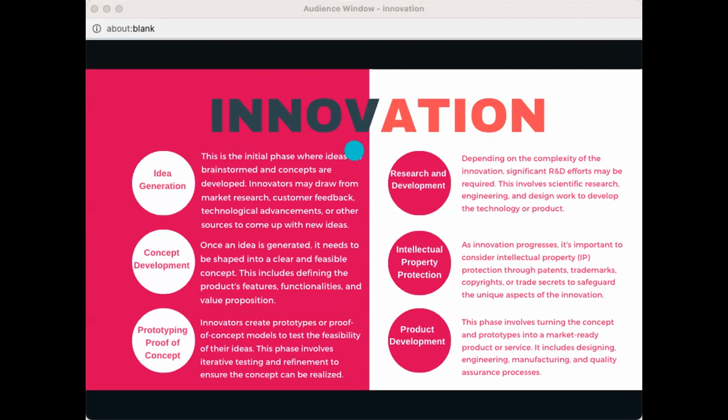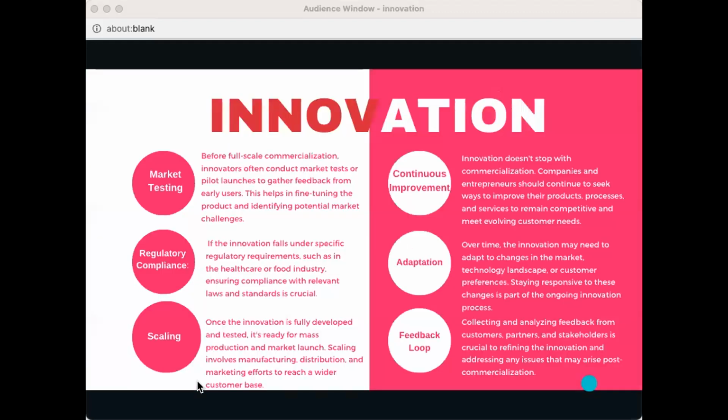Now, the next stage to that is where we talk about market testing. Take it to the market, right? Before you fully commercialize the thing, you need to take it to the market. So here is the thing that most people have to understand. Your product development is not every single feature that your product has, like the full version of your product, right? It's the functional version of your product, because you need to take it to the market. Once you take it to the market, they respond to it, they will give you feedback. That feedback would then make sure